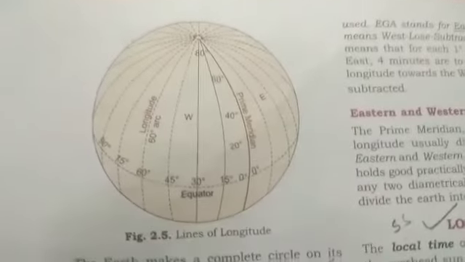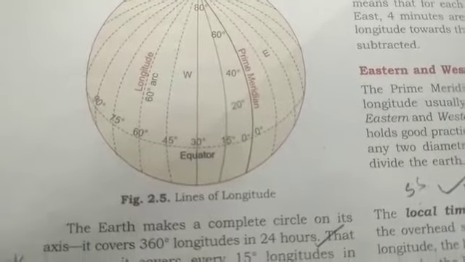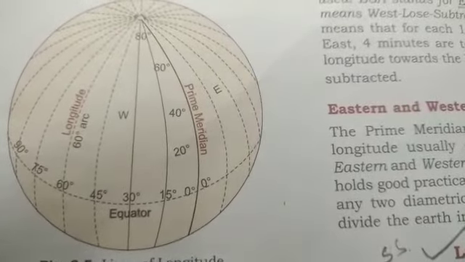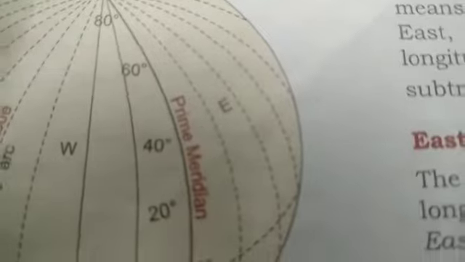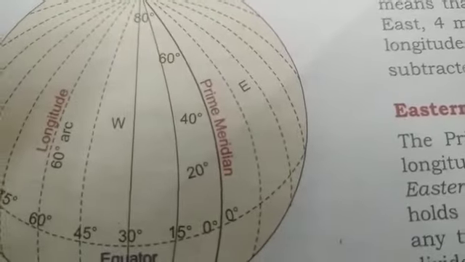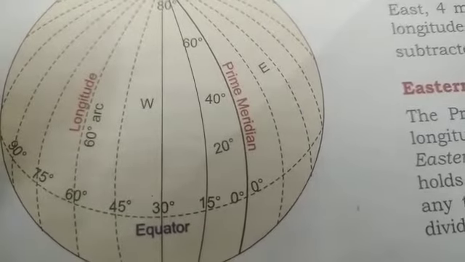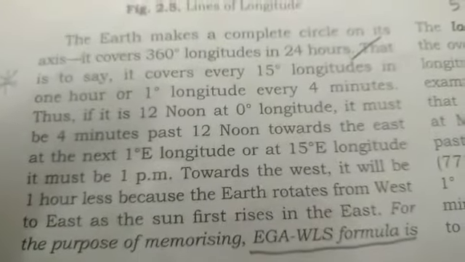So let us see the other parts. You can look at this one. This is also given the prime meridian and the longitudes. You can see lines of longitudes are marked. Towards the right hand side of this prime meridian, the eastern longitude is marked with E, and the left hand side of the prime meridian is marked with W. That means that is the eastern hemisphere and western hemisphere. And you can see what is written there.